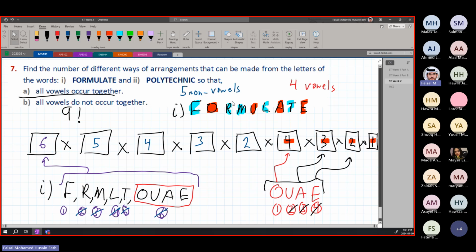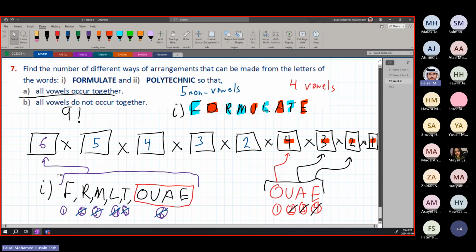Again, quick recap. So first, we want to see the condition. The condition is all vowels have to be next to each other. So the vowels, the red, we are going to have to group them together. So that's what I did at the bottom here. And then we'll consider them as one whole piece and reserve a spot for them, at the end, at the beginning, it doesn't matter. Just reserve a spot for them. So then we can do the analysis of it separately.